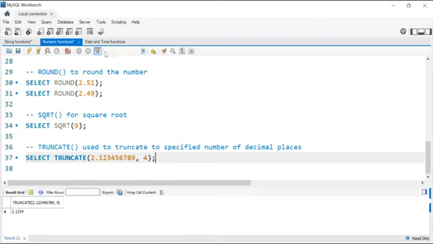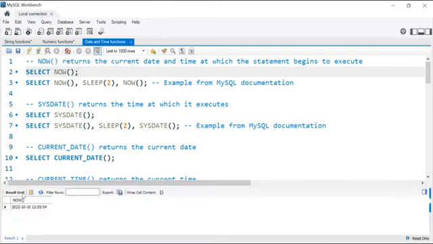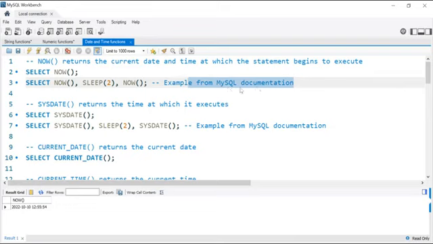Now we'll talk about the third part, which is date and time functions. We'll start with the first function, which is now. So the now function returns the current date and time at which the statement begins to execute. It begins to execute, because we have another function, which is sysdate, which returns the time at which it executes. So if we select now, we get the current time. This example is from the MySQL documentation. So we write now, sleep 2, which means that we wait 2 seconds, then we execute now, which is our function, a second time. So if we execute that,